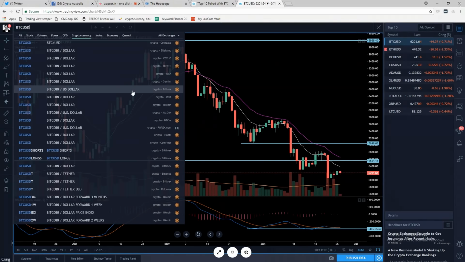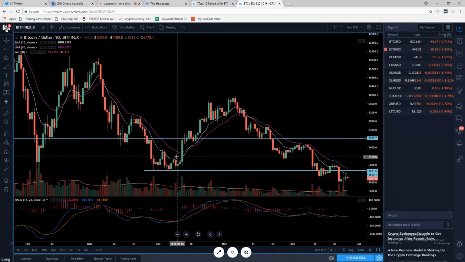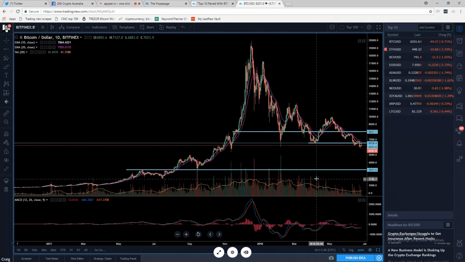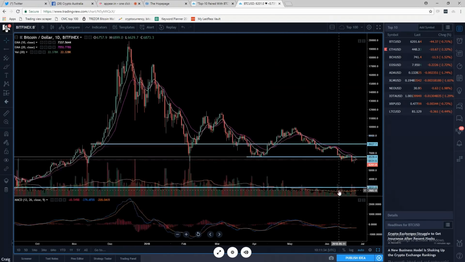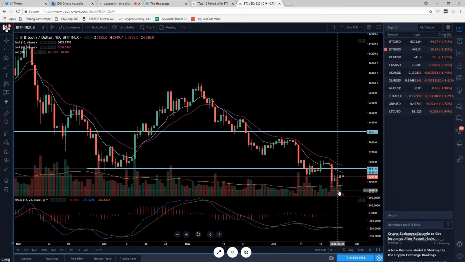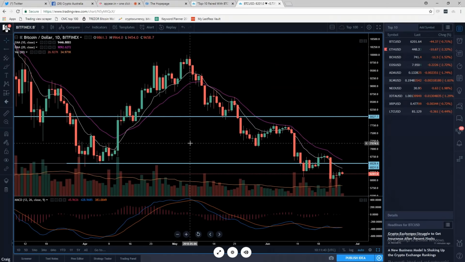Where'd Bitfinex go? There it is. Yeah. So I think here's a better indication of that. Okay, let's have a look at that. But look at how it's just trailed off. I mean, we really have seen. Look, it's not that surprising, is it? I noticed some of your posts about the Google searching. We're not seeing as much frequency in searches, which is an indication of interest. Yeah, people are not as interested right now. It's just the way it is.